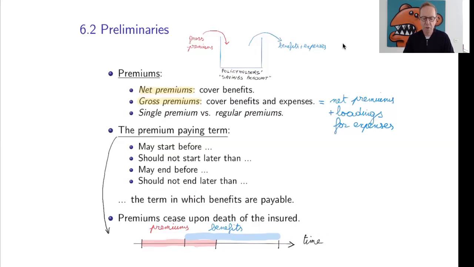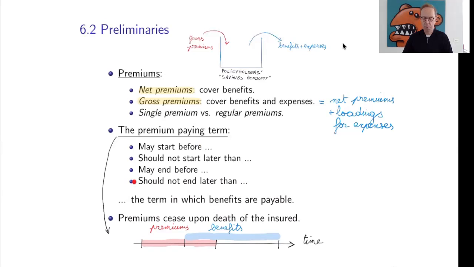Why is this? Why do these four conditions hold? Check it carefully. It is all about the fact that in this policyholder's account, the amount that is available must be non-negative. Suppose, for instance, that the premiums start after the term in which benefits are payable, then there are benefits payable already, so there is money taken out of the savings account before any money has come in. So that would mean that you go below 0 on the savings account, and that's not allowed. And the same kind of reasoning holds for the three other conditions that we have on the